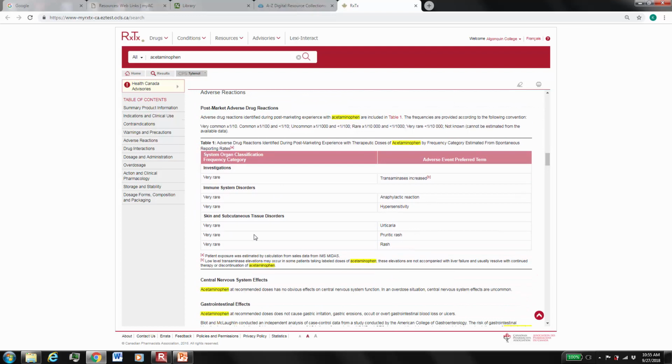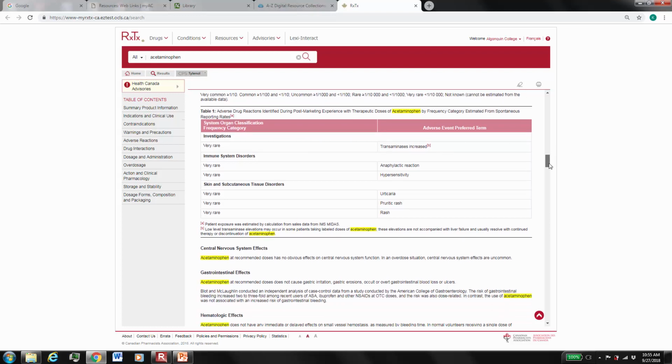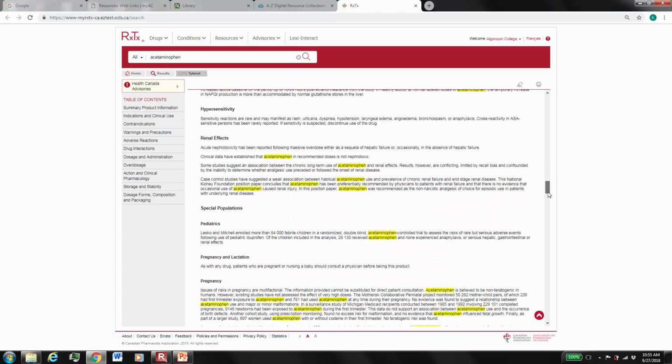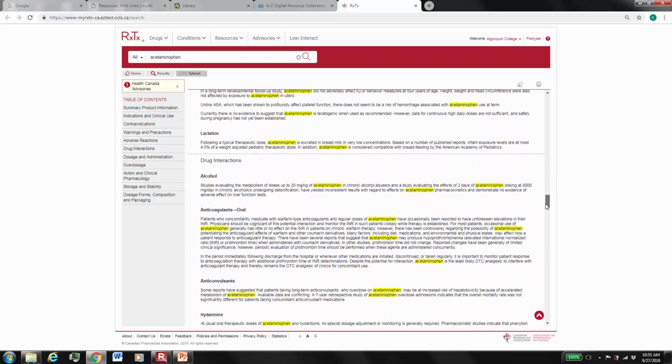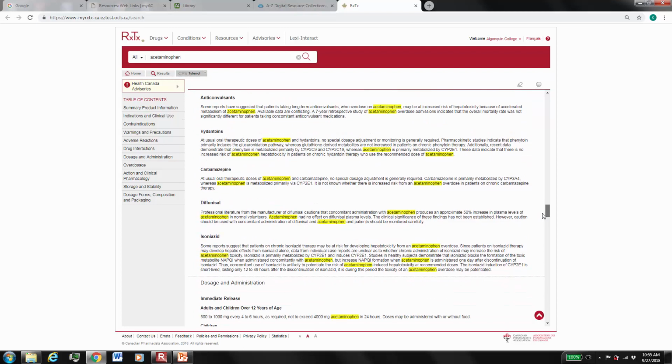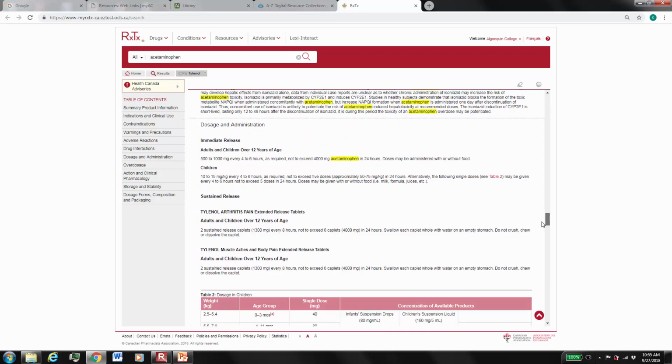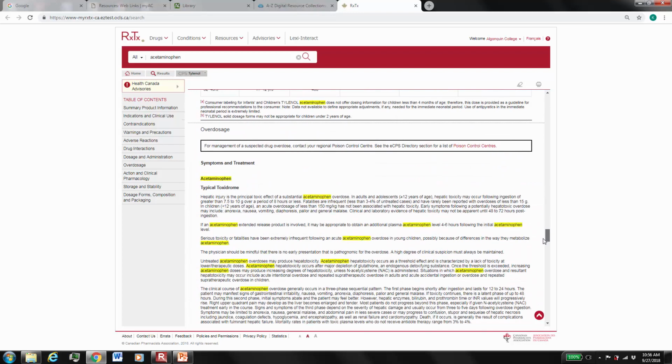There's usually a table right at the beginning that are common, and then they'll have ones that are rare or very rare. Here are drug interactions. There's a nice tool that I'll show you for drug interactions. Dosages and how it's administered,